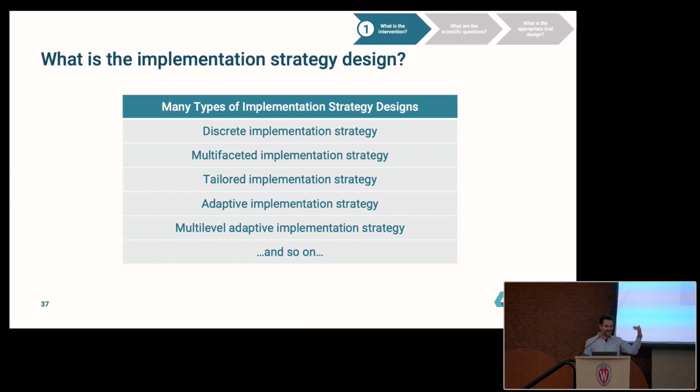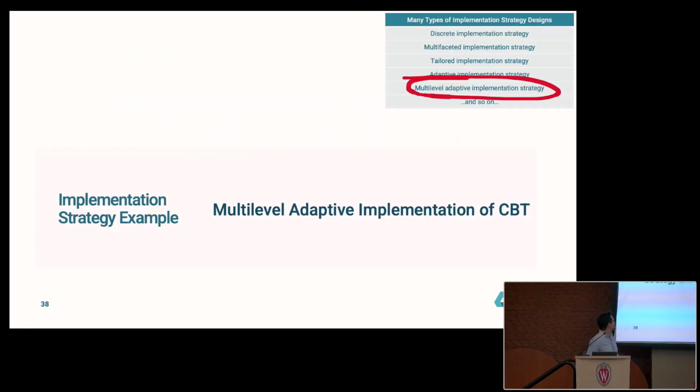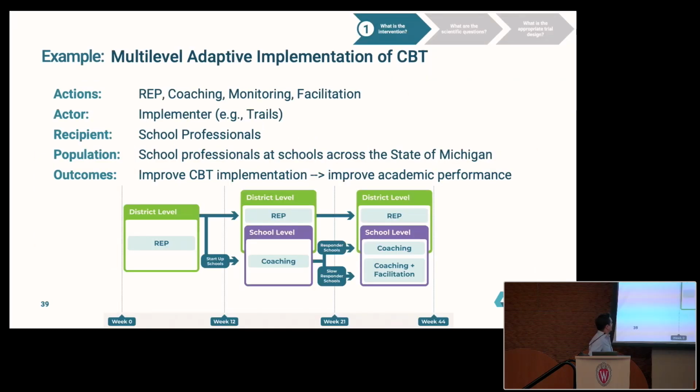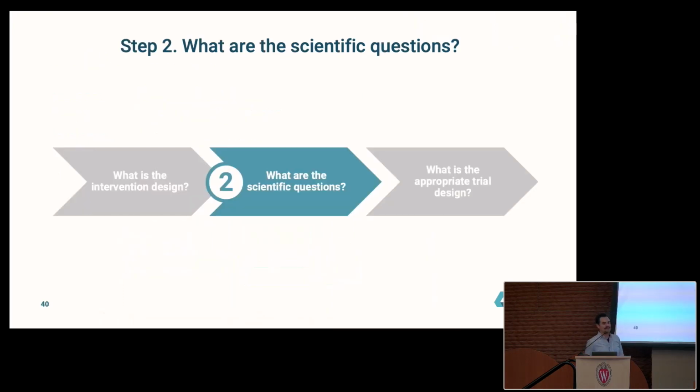Implementation strategies. There's a list of those too. So here, I'm going to show you an example of a class called multi-level mazes, which I'm going to talk about tomorrow. Amy and I showed up at these schools. Schools that were struggling, we gave coaching. Schools that were struggling some more, we gave facilitation. That's real world. That's in the schools. The implementer wasn't a researcher. You know, these are examples. What are the questions?